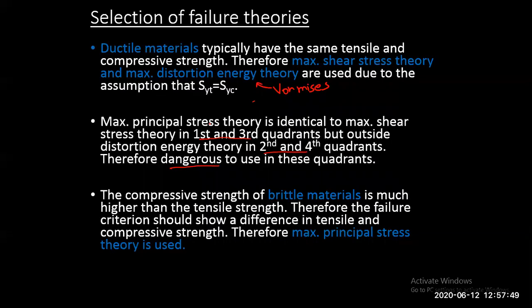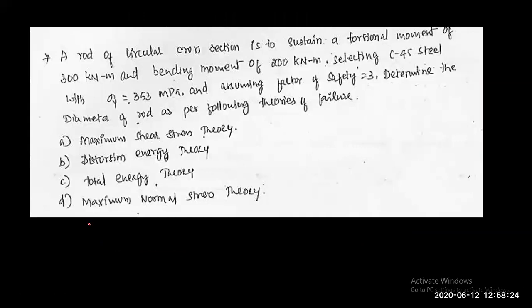So it depends on which material. If you're using a ductile material, then the maximum shear stress and distortion energy theories are mostly used. And when you're using brittle materials, then the principal stress theory is used. That's how we make the decision based on the type of material. Whichever material falls in that category, brittle or ductile, we use that particular theory of failure. Again, why? To find the dimensions, obviously. So that's it with the theory of